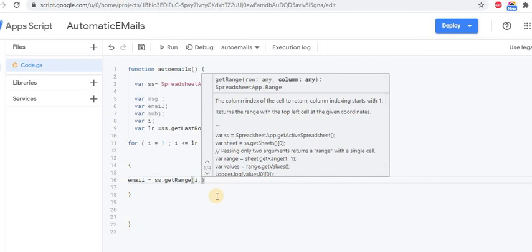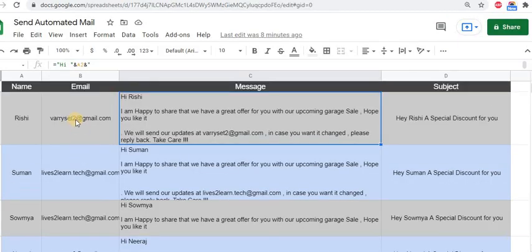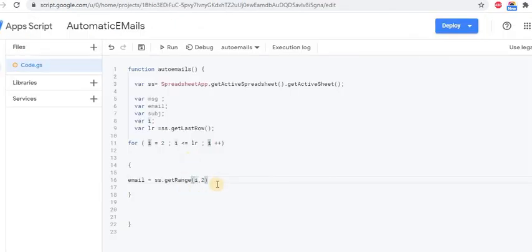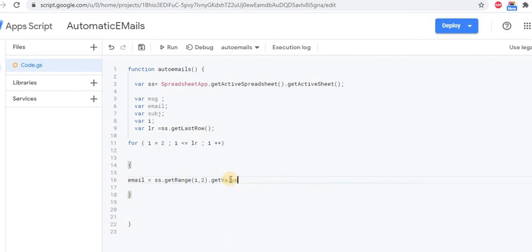So we'll write 2 here, and I don't want the first row because that's my header, so I'll start from 2. I've made it less than or equal to. getRange(i, 2) means row number 2 and column number 2, which means this value, correct, and then it will keep going down. So getRange, getValue.